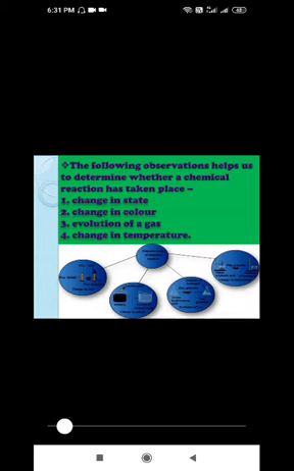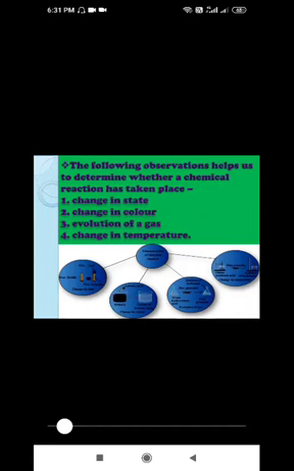So why does it happen? Because the copper sulfate reacts with the iron, and that's why the copper sulfate solution becomes iron sulfate, and the color of the iron sulfate is green, and there will be a coating of copper on the iron nail. Am I clear? So the change in color can be an example through which we can make it very clear that a chemical change has taken place.